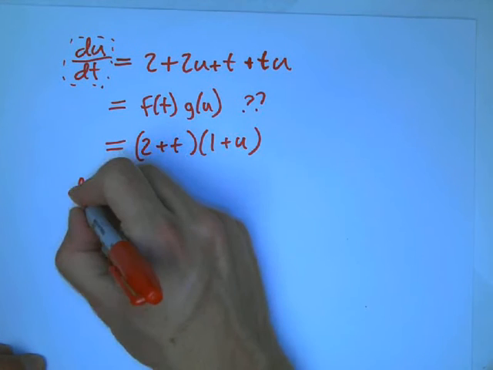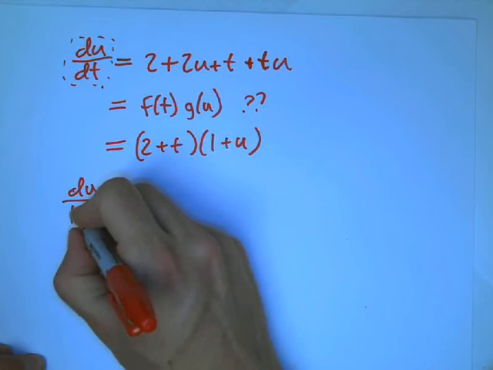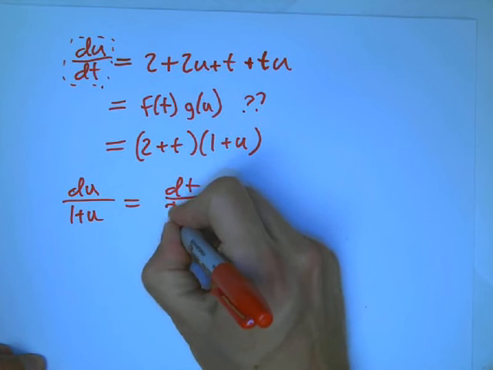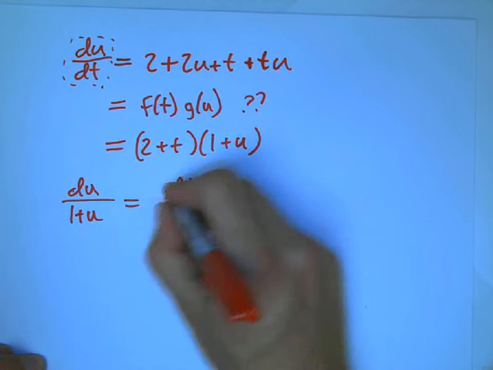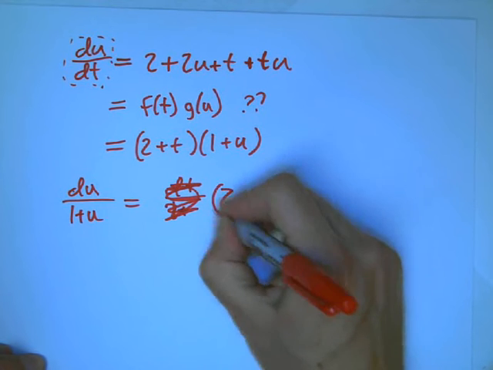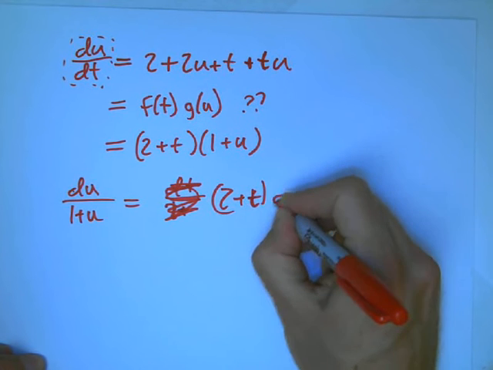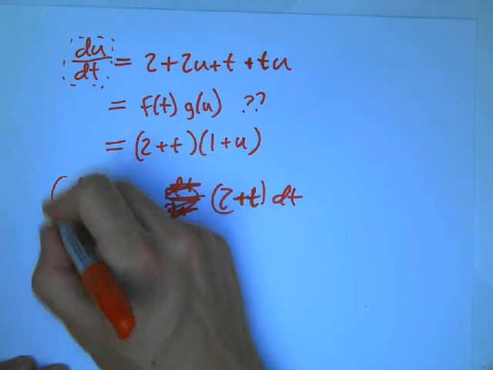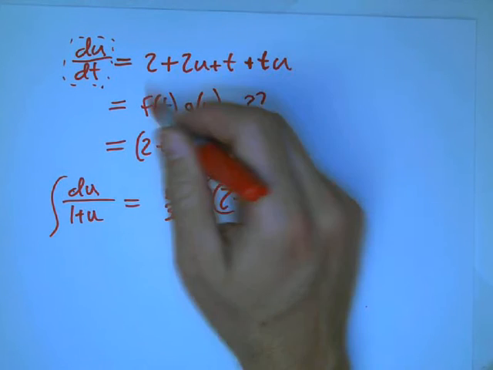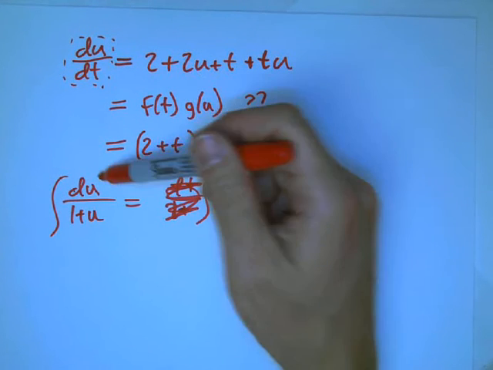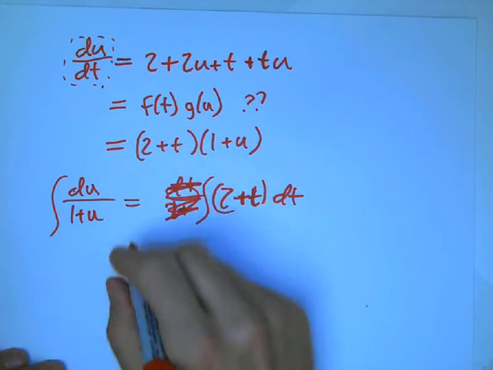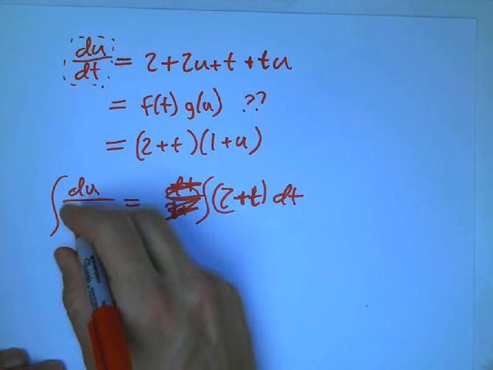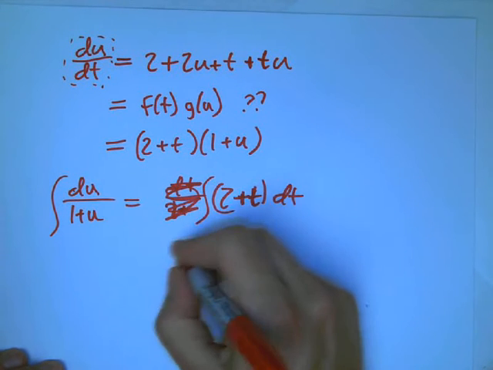So now du over 1 plus u is 2 plus t dt. And now I integrate both sides. So do algebra to get it ready if necessary. Separate, integrate, and celebrate. Something like that. Now here, let's see. Let's do this one first. This is just 2t plus t squared over 2